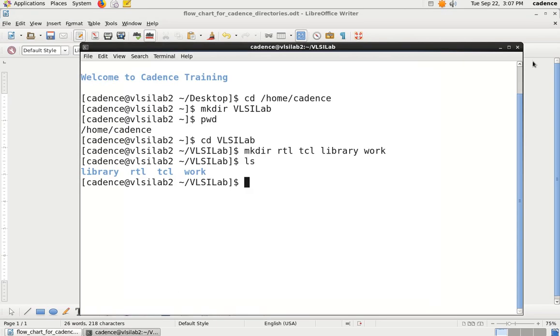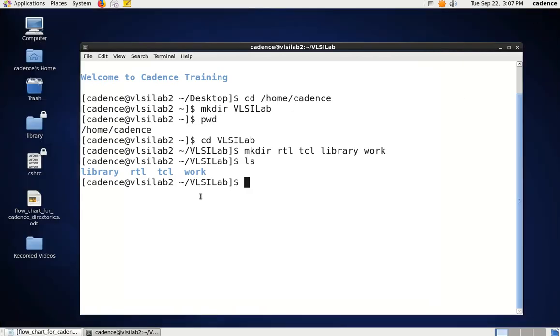Where I am now, I am in VLSI lab. Inside this I have to enter into the RTL folder, then write the RTL code. Right, now what's the next step? cd space RTL. So now if I enter, I am in the RTL folder.